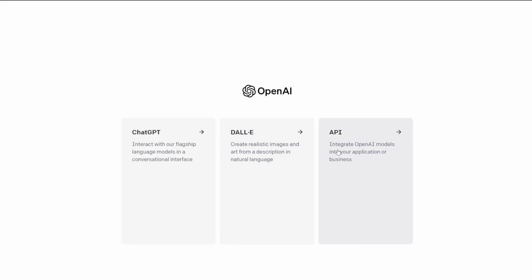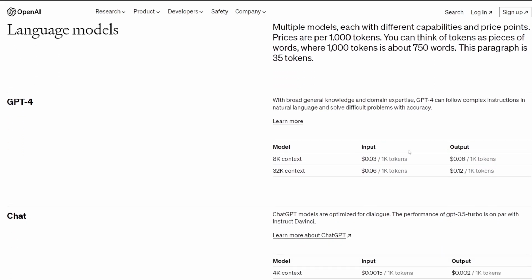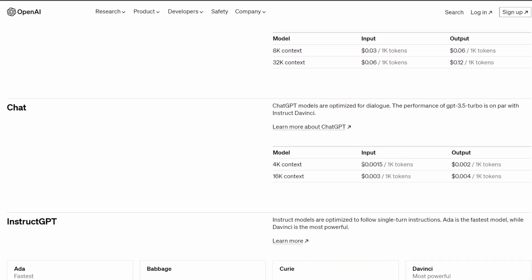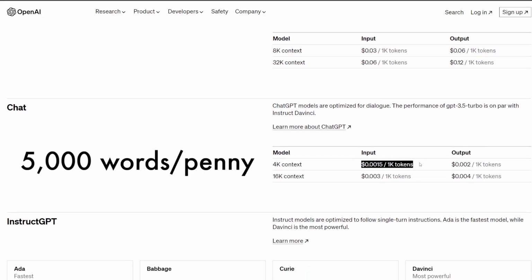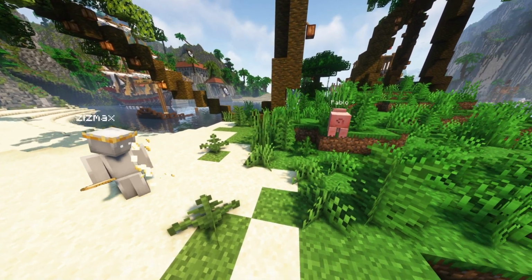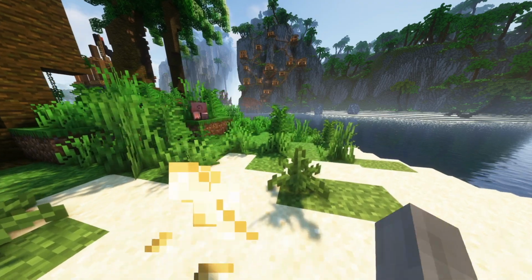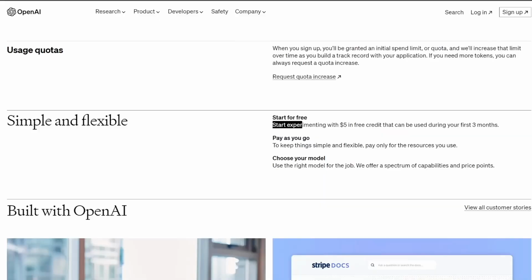So the ChatGPT API and large language AI models in general break down text into tokens. This is how the models generate language, and it's also how OpenAI charges you money for its service. You can think of a token as a piece of a word. It's super cheap, at about 5,000 words per penny. As of the time this video was recorded, OpenAI is offering a 3-month free trial that gives you $5 in free credits. $5 is approximately the same as 2.5 million words, or the equivalent of about 27 novels, so that's